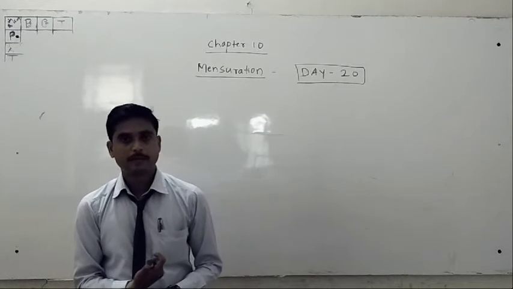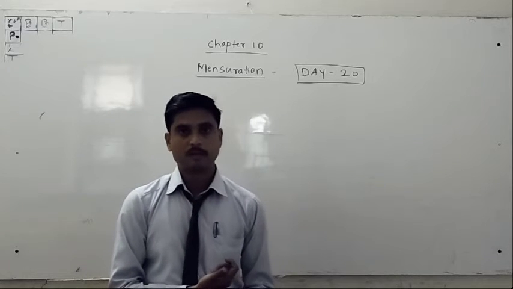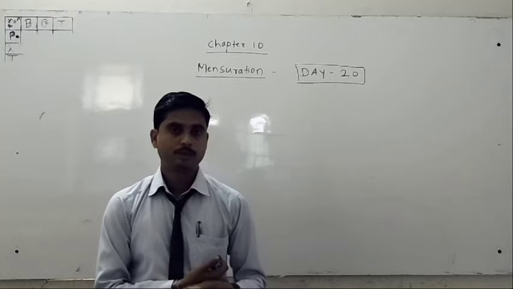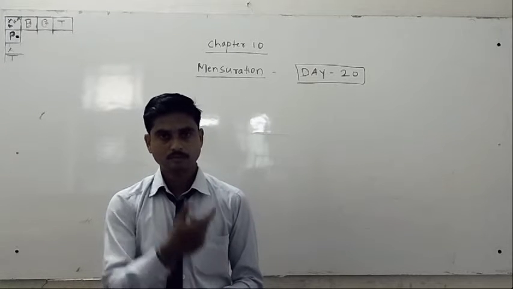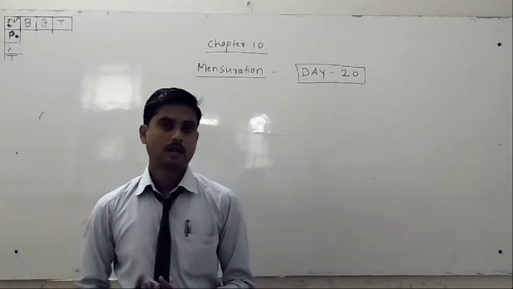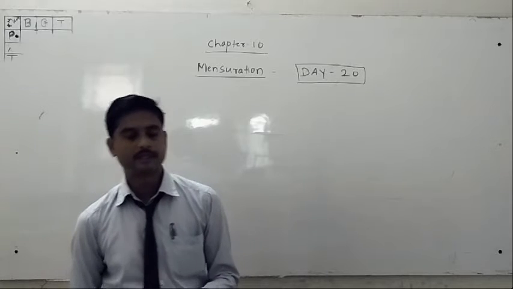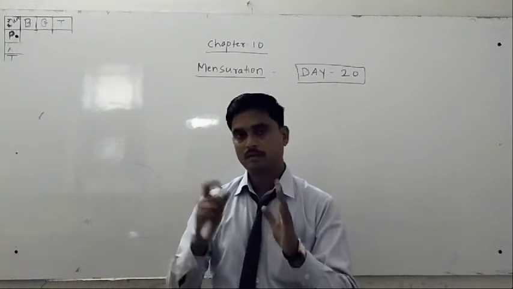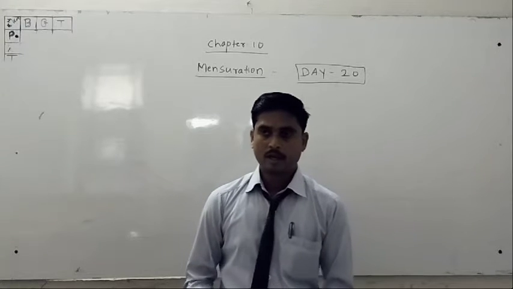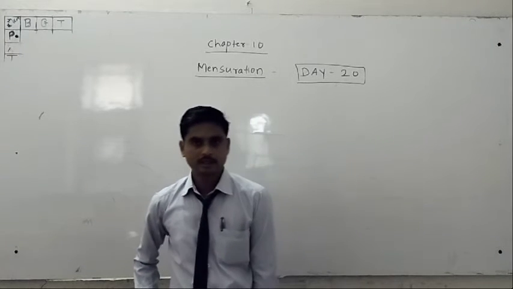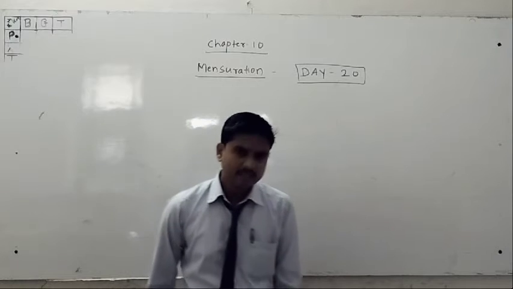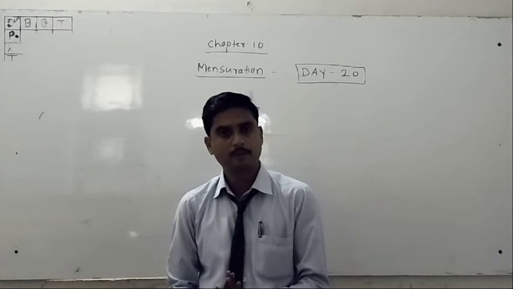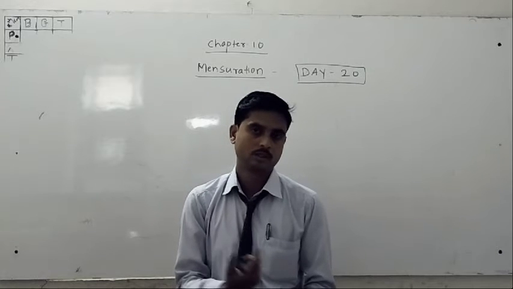Another one is the perimeter of square formula. P of S is equal to 4 into length. This we should call the perimeter of square formula. Another one we already discussed: area. What is the area? Area means what? Already we discussed the definition and all of you wrote that definition also.